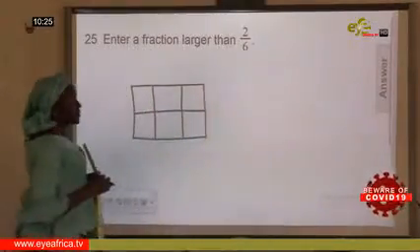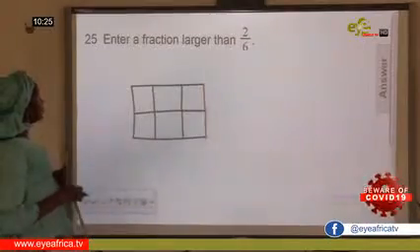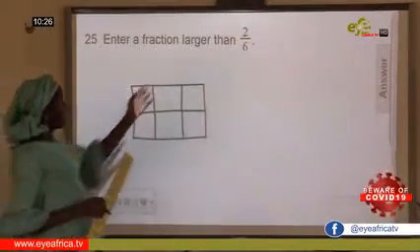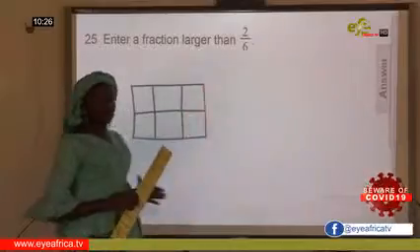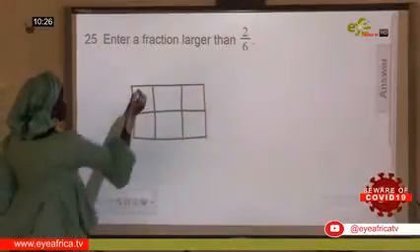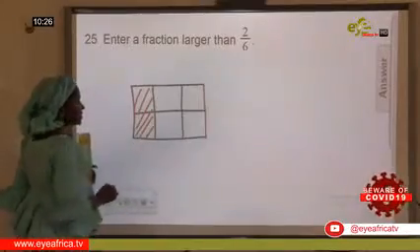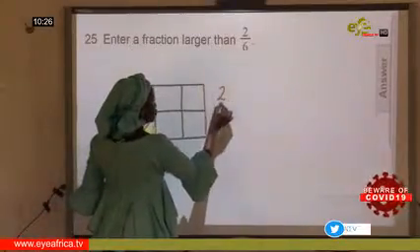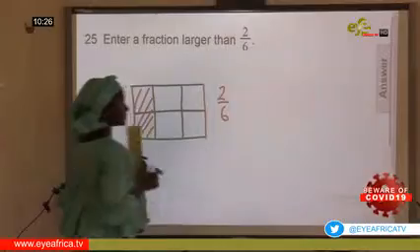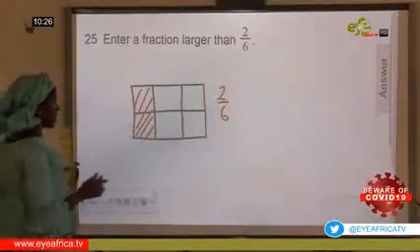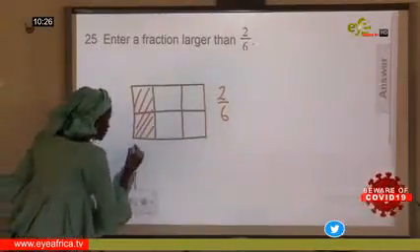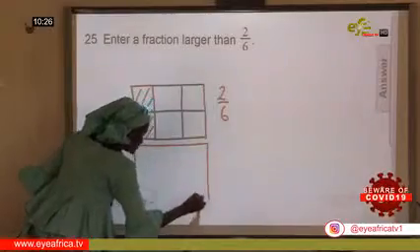We are looking for a fraction larger than 2/6. And if I say this portion here, it represents what? 2/6. But remember, if I draw another diagram representing this,